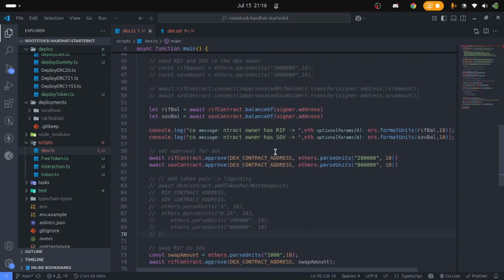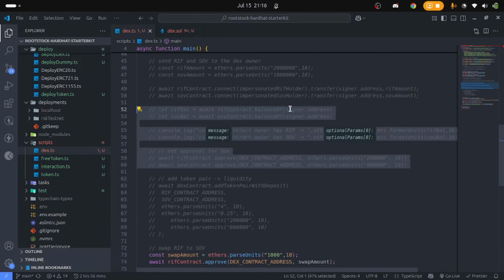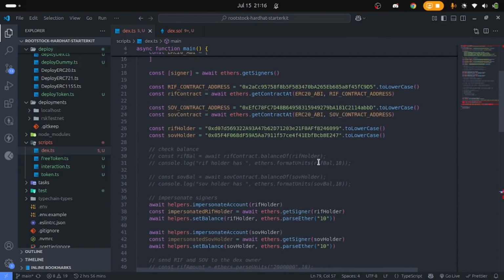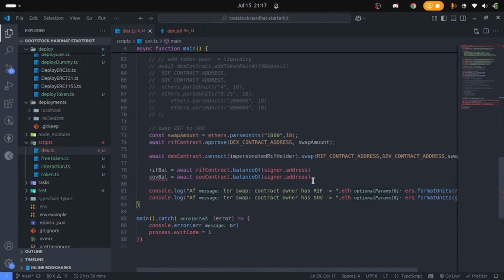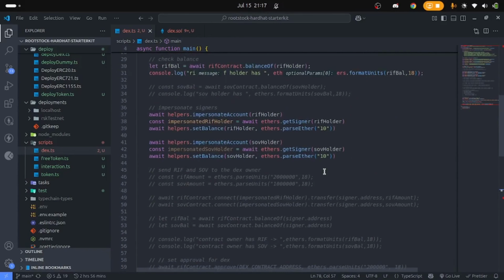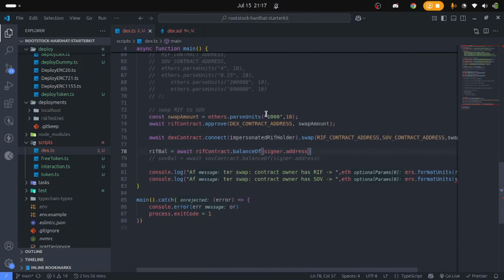And what else do we have to comment out? We can comment this out also, but we don't need any approval anymore. We don't even need the balance. Comment this out. But if we comment that, then I think we should turn this to a let. Yeah, sorry. What we want to do is, once you use this signer that we impersonated in the first place, we want to swap